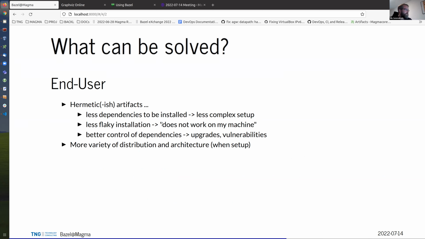Well, it's my strong assumption. You have better control of dependencies, so upgrades and vulnerabilities can be better fixed inside of the artifacts that will be deployed by the end user. And of course, you get more variety of distributions and architectures.